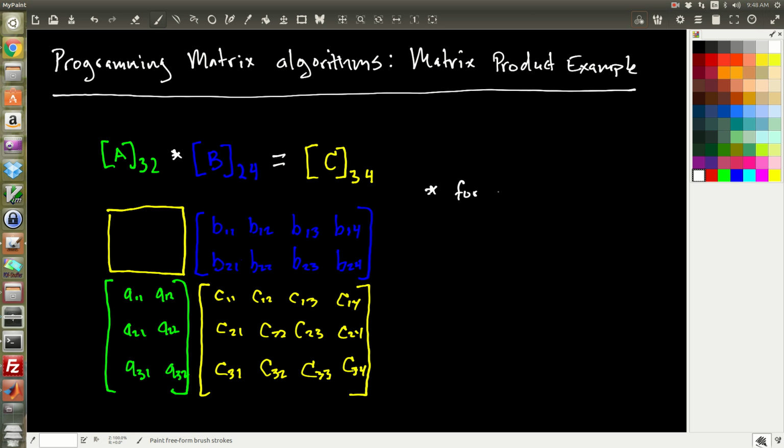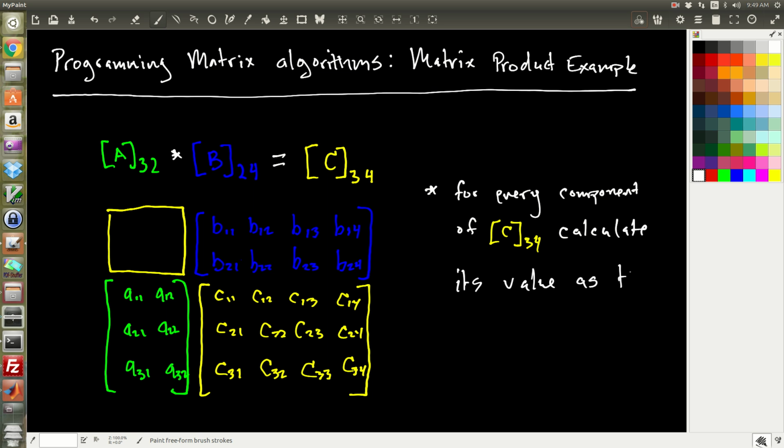So for every component of C, which is 3 by 4, calculate its value as the dot product of the row of A and column of B